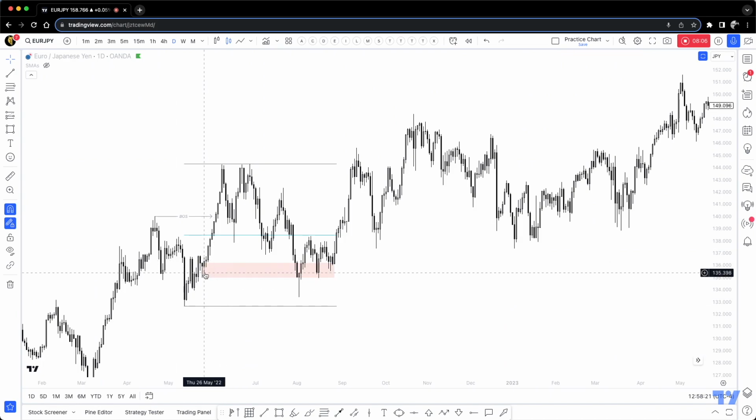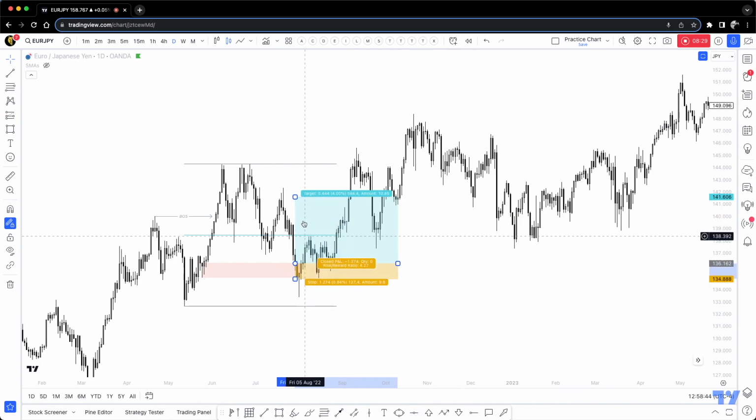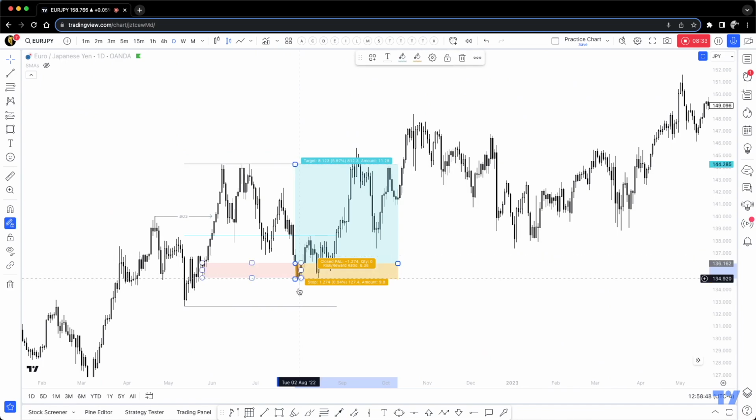What I'm trying to explain right now is not to catch or focus on the order blocks, because as I mentioned, I do have a lot of videos on that. I'm just talking about the structure and the premium discount, right? Sometimes, yes, this is going to happen. You're going to be stopped out. Let's say you were looking for a buy in that position, because you are in the discount zone. Sometimes price is going to do that. We are not wizards. We don't know exactly when the price is going to stop right there.